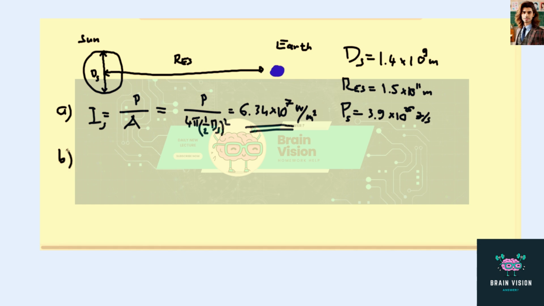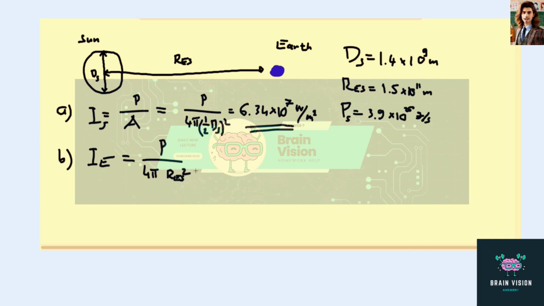Now in question B, we're asked to find essentially what is the incident power on 1 square meter of Earth, but that is basically equivalent to asking what is the intensity at a distance of R_ES, so 1.5 times 10 to the 11 meters away from the sun. And so to calculate the intensity there, we just have to divide by this larger area over which the same power is radiated. So this will be P over 4 pi, and this time it's going to be R_ES